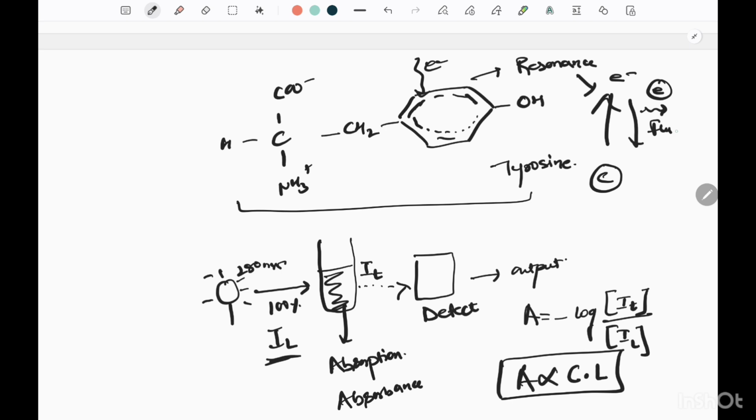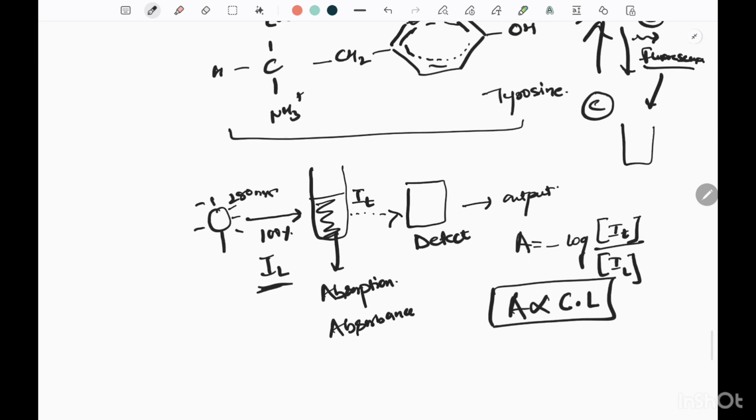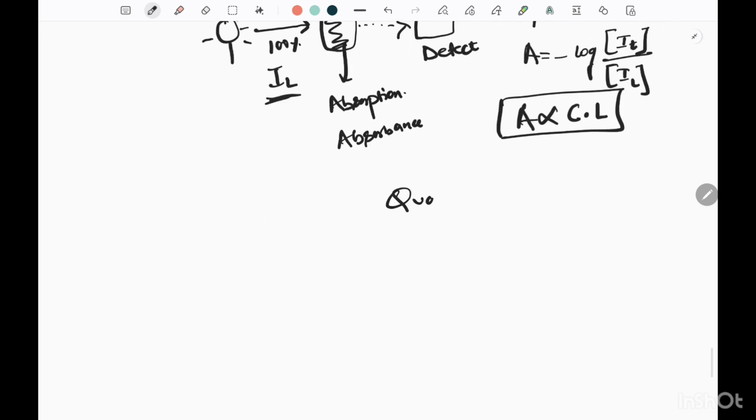That energy is called fluorescence. There are multiple different kinds of energy, but in this case it is fluorescence energy, and we detect this particular energy during detection. Based on this we can actually quantify the actual amount of